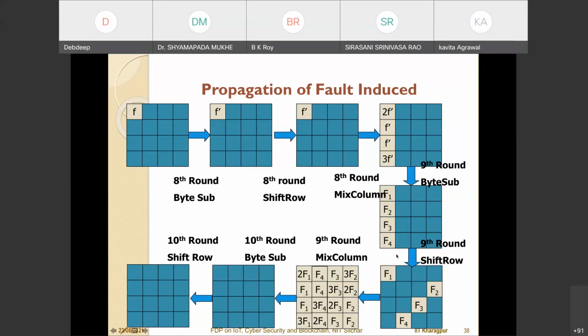For example, if you observe the outcome at the output of the 9th round mixed column, you will find very nice interrelationships between the bytes. These relationships are in the Galois math on which AES is built, but you can see, for example, that this byte is twice this byte, this byte is thrice this byte, and so on. So as an attacker, what you can now do is